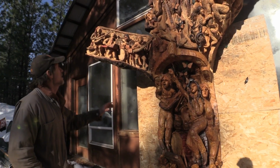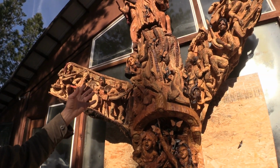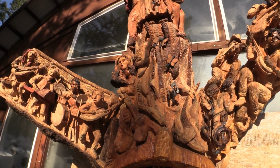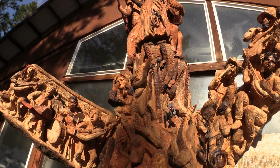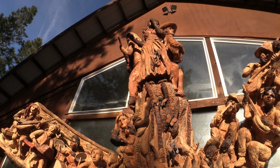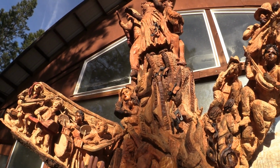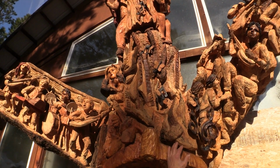Okay. So again, going back to the core, we have these guitars that are flowing up the piece as in a dreamscape. And dreams are where a lot of inspiration comes from. In all parts of art, the dream process is the inspirational beginning of all sorts of art. And so I wanted to convey a sense of dreaminess with these guitars. You can see they're bending and shaping themselves to the shape of the log, and they're playing themselves as in imaginative